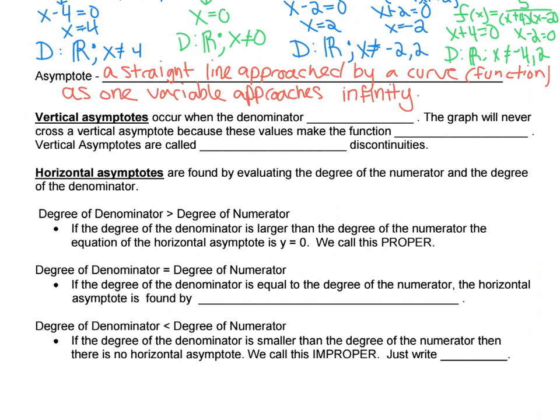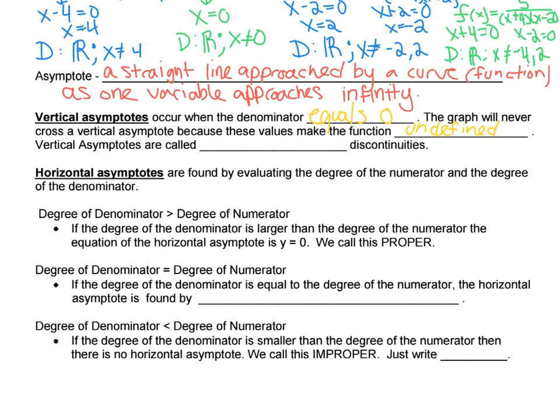So for a vertical asymptote, they occur when the denominator equals 0. So this is linked to our domain. Vertical asymptotes are pretty much the same thing as our domain restrictions. There's one special case that we'll get to on the next page. The graph will never cross a vertical asymptote because these values make the function undefined,